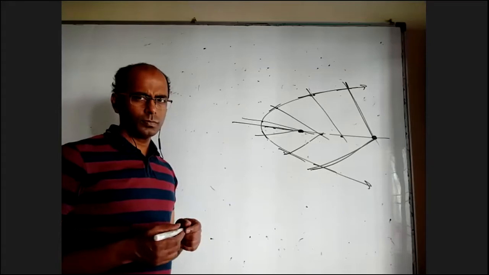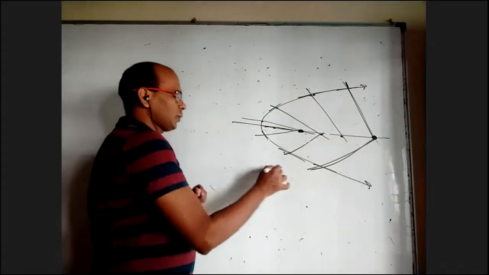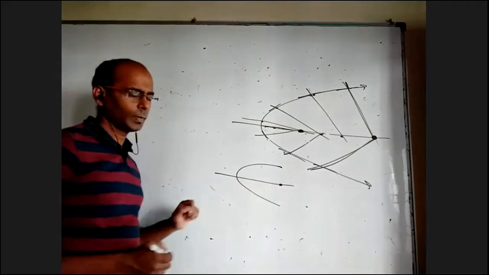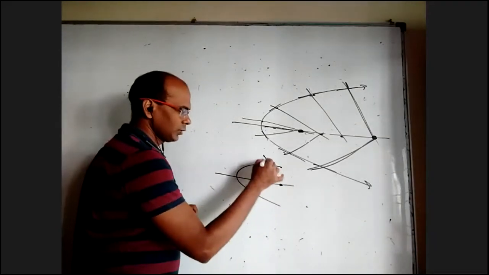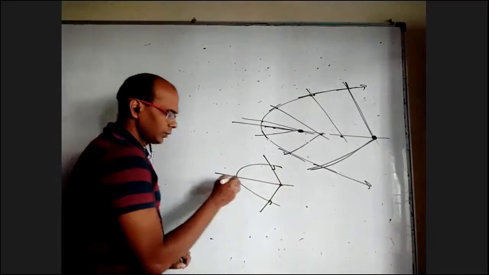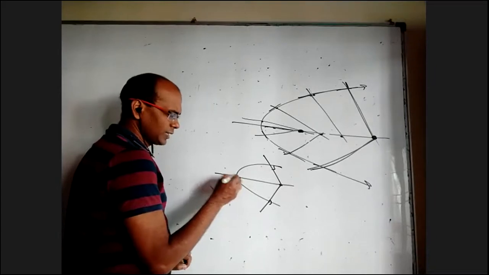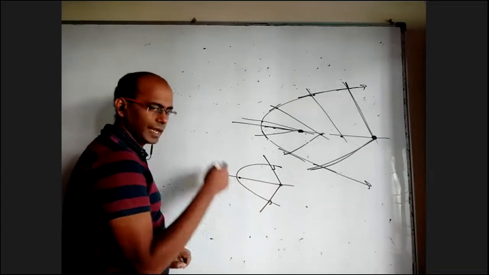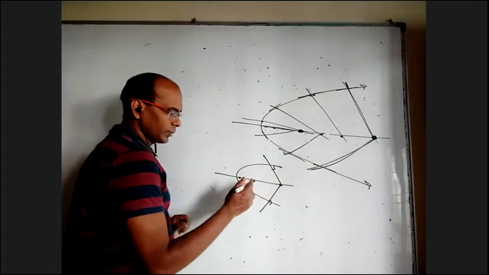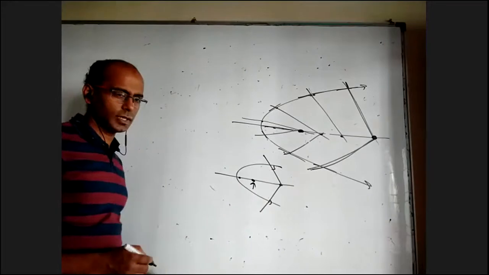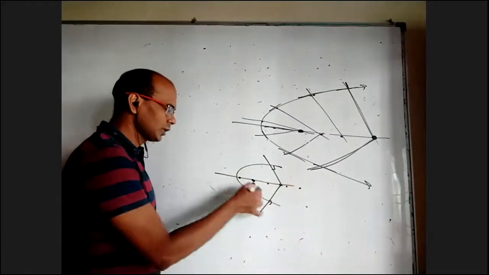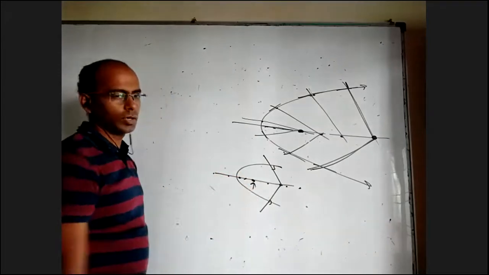Sir, once again, can you repeat? You take a point on the axis. If you take a point somewhere here, you can draw three normals to the parabola. One is the normal here, here, the x-axis normal. If you take a point here, there's only one normal, which is the axis only. There are no two other normals like this. So there is a particular point, called the transition point. You take any point beyond that on the x-axis, through that you can draw three normals. Any point before that you can draw only one normal to the parabola.